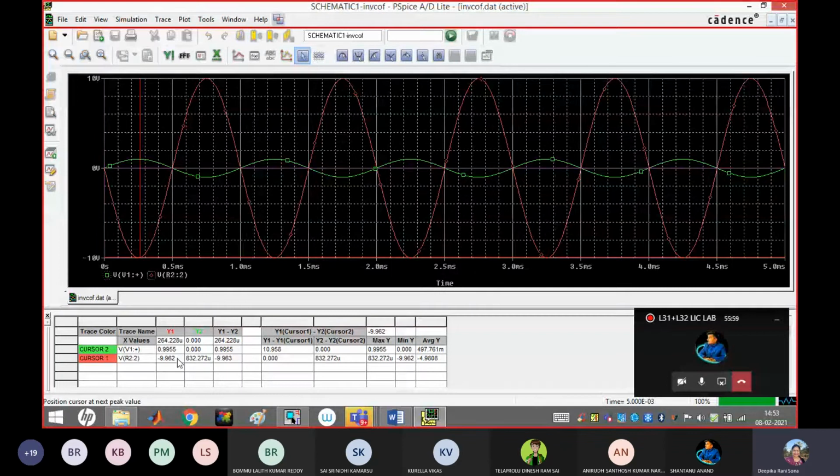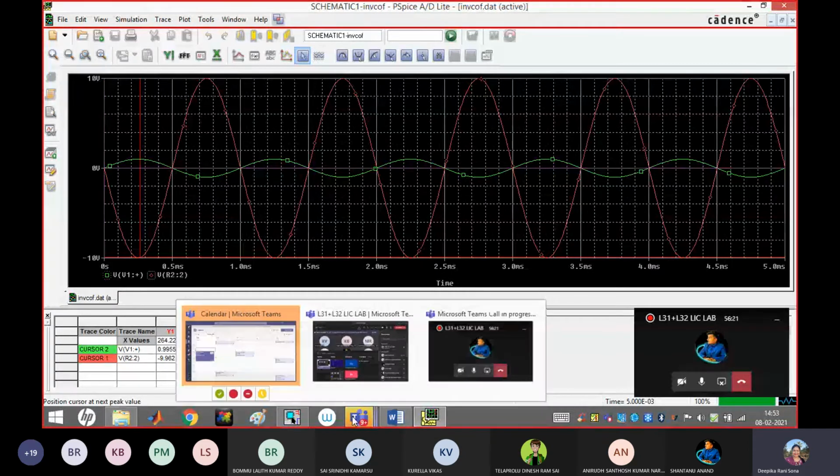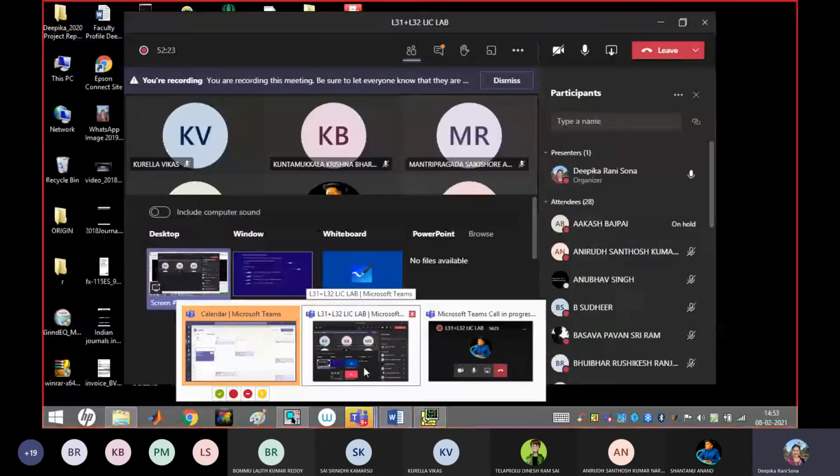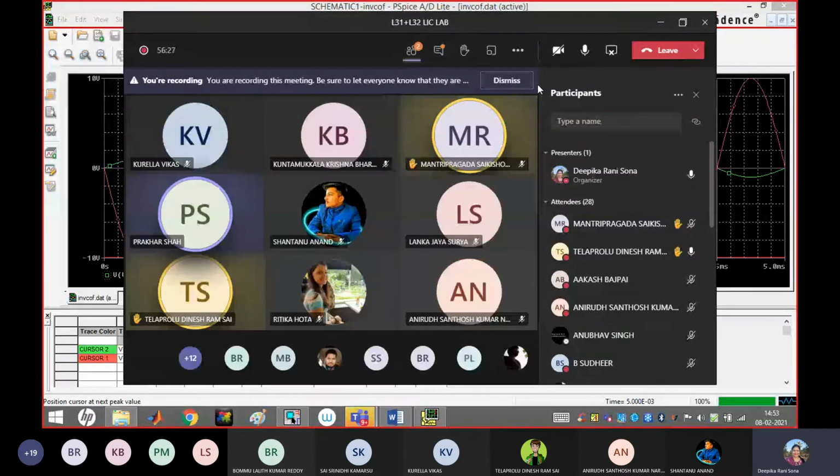Now what I am asking you, who is getting it and who is not, just raise your hand. The option is there. Tell me, I will help you to get this. Ma'am, how to connect the probe? Probe, just have a look at the screen. Yeah, raise your hand, guys. The option is there, the raise hand symbol, you click. After that I will make you presenter. You just share your screen.